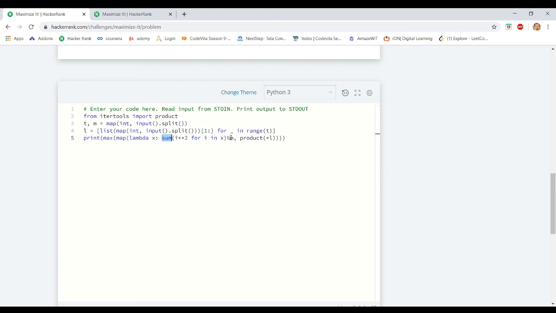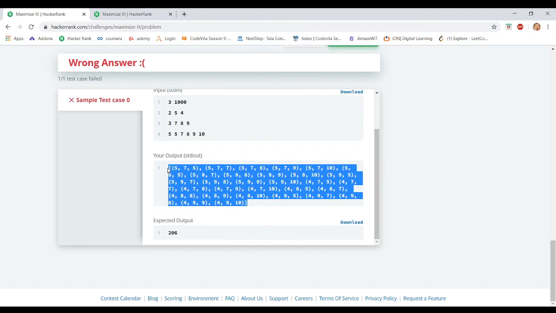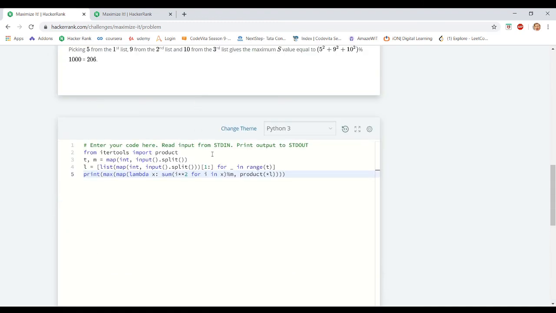After summation it is divided by m and the remainder is obtained with the modulo operator. We need to do this for every tuple in this list. So we are using the product method and a lambda for every tuple, and to apply it we use the map function.